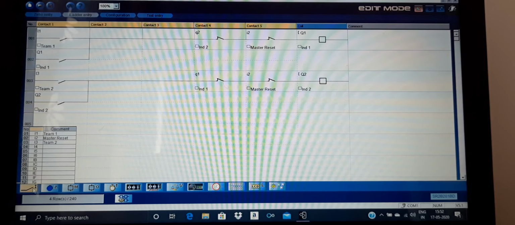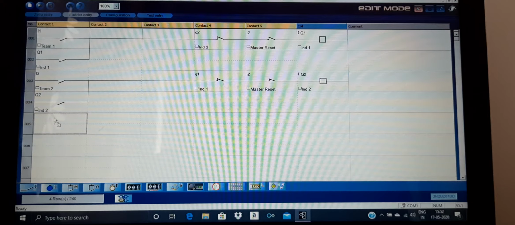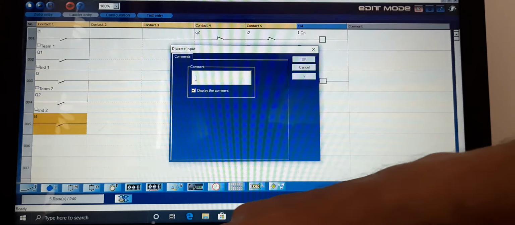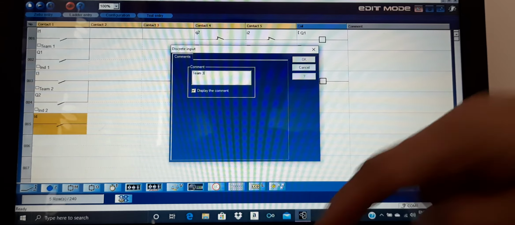So let me add one more team, team 3. So here is my team 3. This is team 3.